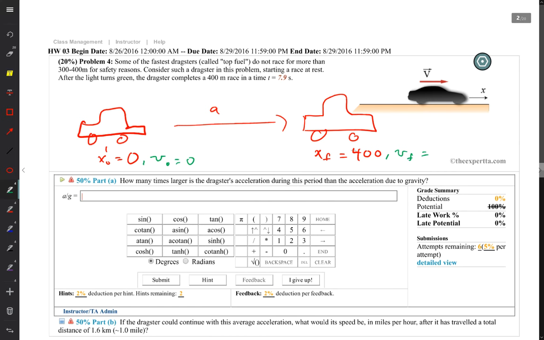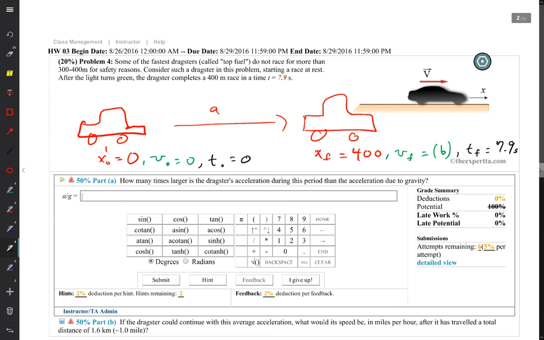I don't know, right? It didn't ask me for ending speed for part A, but it will for part B. So this is going to be for part B. I need to find it. Acceleration doesn't tell me either. And what's the last thing? Time. What should I put for the starting time? 0, right? Keep life easy. And the ending time,